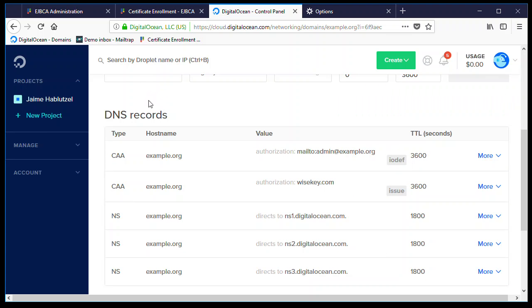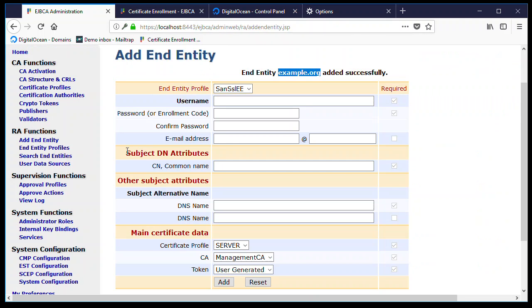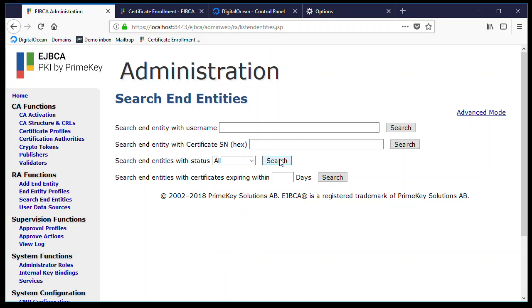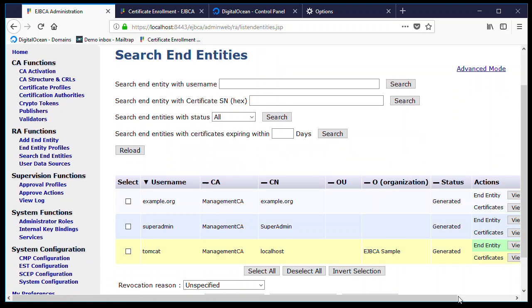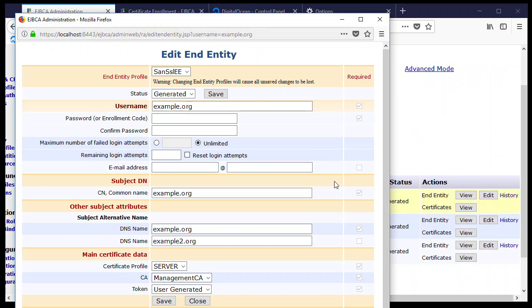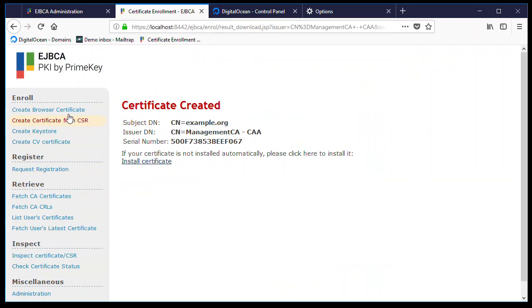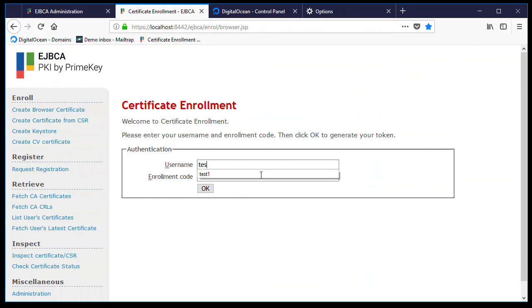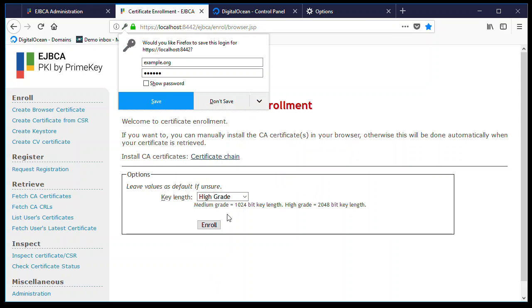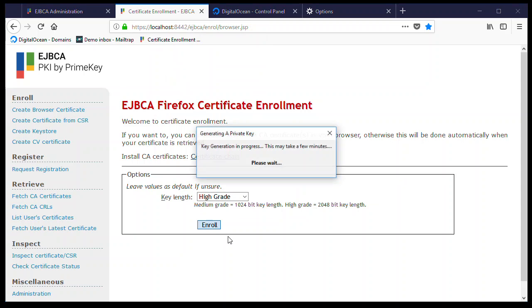Now we are going to try to issue a new certificate for this entity. So we modify the entity, setting its status to new. Well, we just save it. Now we are going to try to issue the certificate again. And if we press OK, and we try to enroll,